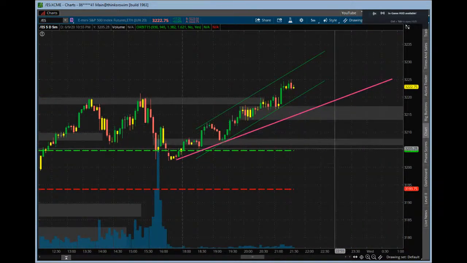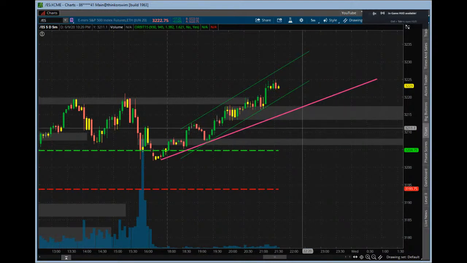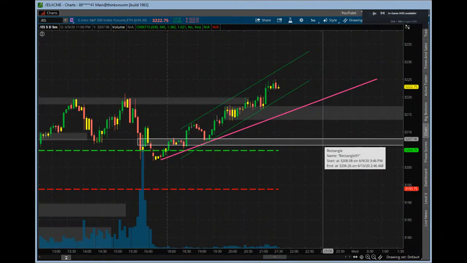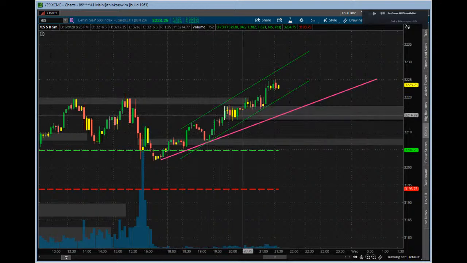So a lot of times tomorrow we may see some chop. Going in, we might see the usual morning moves, and by 10 o'clock, a lot of times we see a lot of chop after that until 2. So if you see that tomorrow, don't be surprised, because we'll be waiting for the Fed announcement. So that's what's going on there. So let's see how it goes. Futures looking pretty strong after a little bit of a pullback today, and as the S&P is catching up to the Nasdaq right now. So cool stuff.